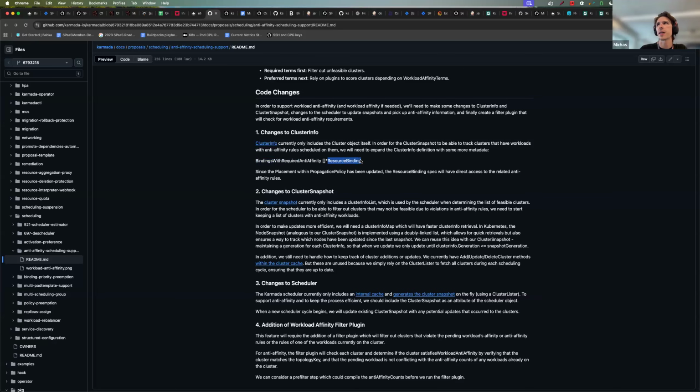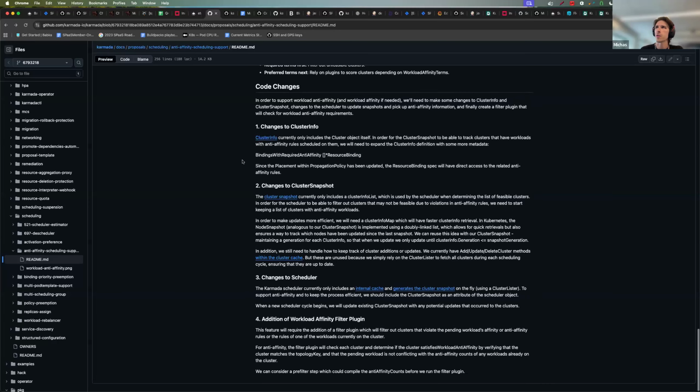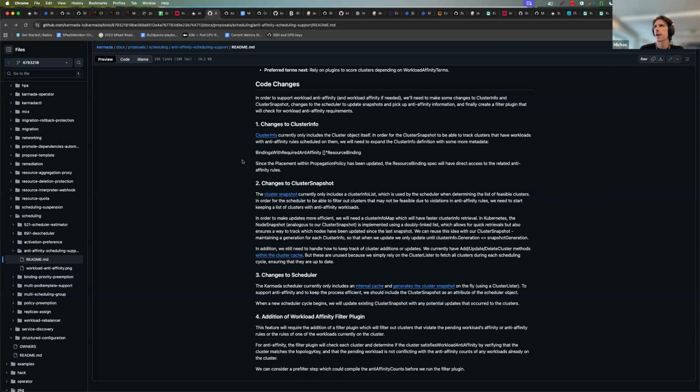I don't know if resource binding is the correct way to go about this, but essentially we need to start keeping track of resource bindings that have required affinity or anti-affinity rules. Then within the cluster snapshot, we should be checking and filtering out any clusters that would not be feasible due to violations of anti-affinity or affinity rules.